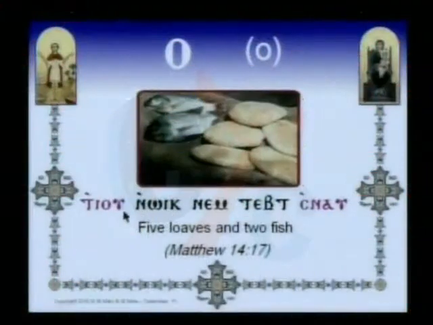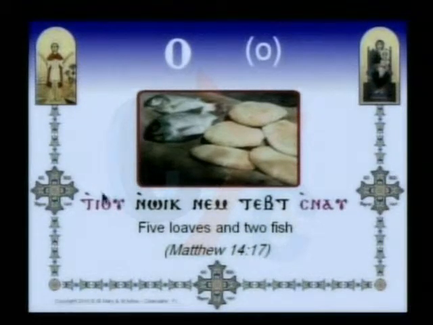And the answer is etu in oik, etu in oik. Name teft esnav. Etu in oik means 5. Etu means 5. Oik, bread, so 5 loaves. Name teft esnav. Teft means fish, and snav means 2. But here you notice something,